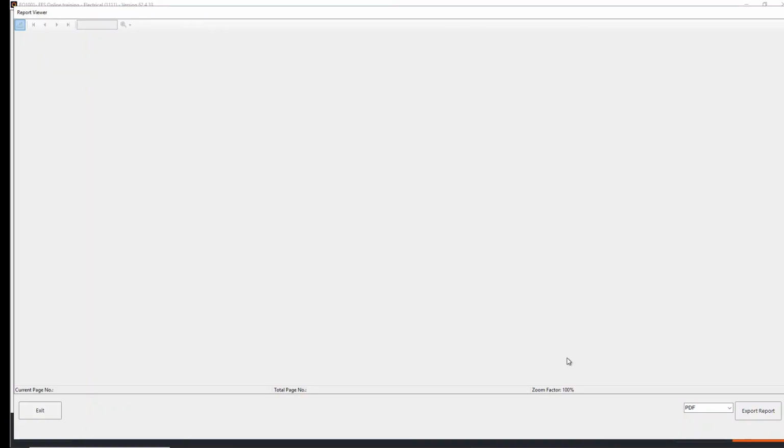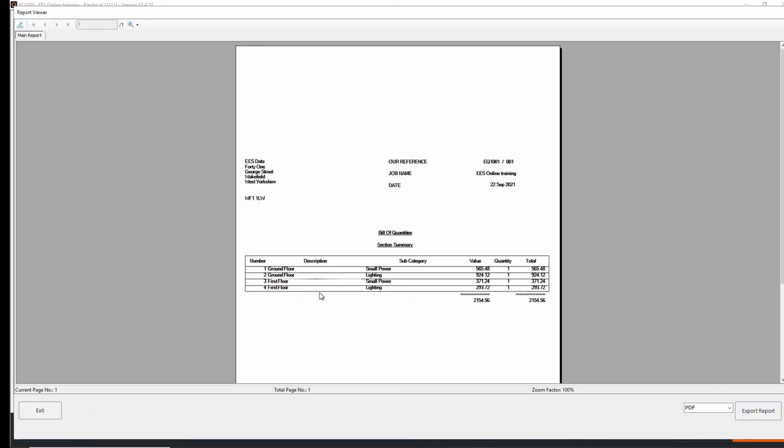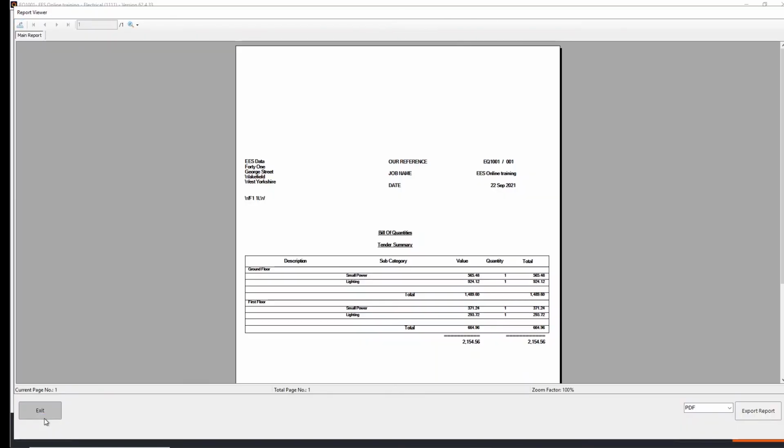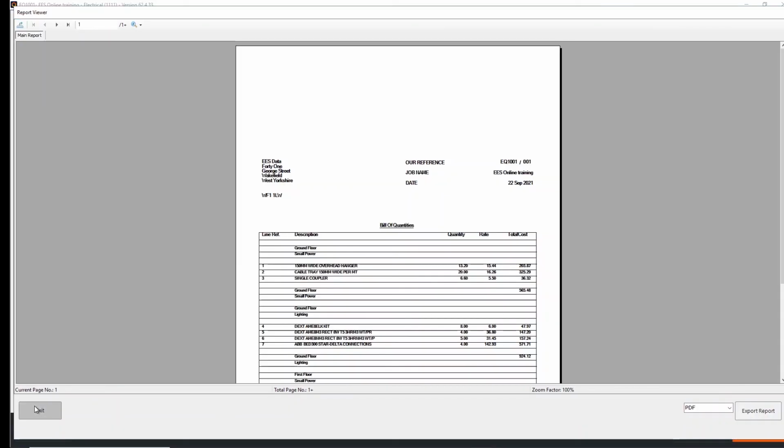The first one being the section summary. So this is giving us the total prices of our individual sections that we've done. You can also view the tender summary, which is the next one, which is the same style report, just done a little bit differently and giving you some subtotals in my particular instance of each floor, or however you've broken it down yourself. And then finally you get a made schedule of rates based off of all the prices, the current trade prices, your discount, with our installation times, with your overheads and profits already being added on for you,